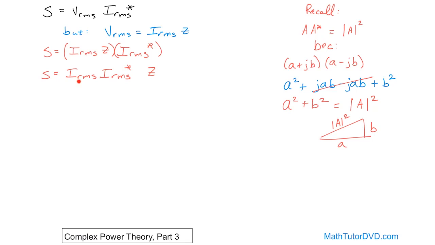Now when we look over here, we have this current multiplied by its conjugate, and so basically what you end up with is the magnitude of I RMS squared times Z. And don't let me let you forget that when you calculate complex power, it's just P plus jQ. I'm just writing